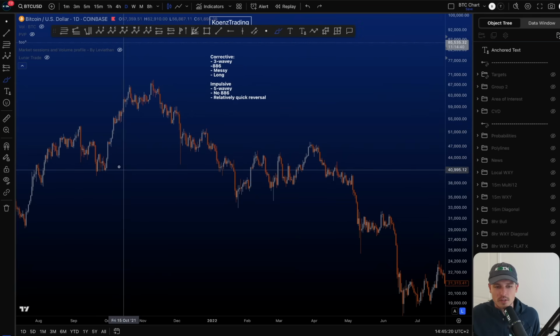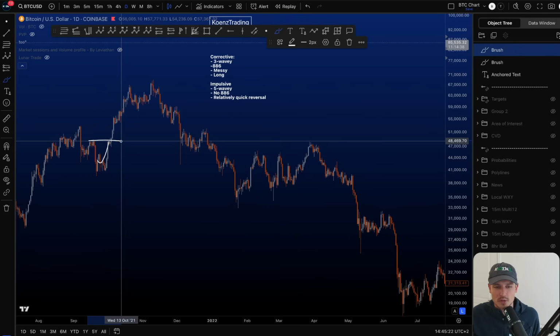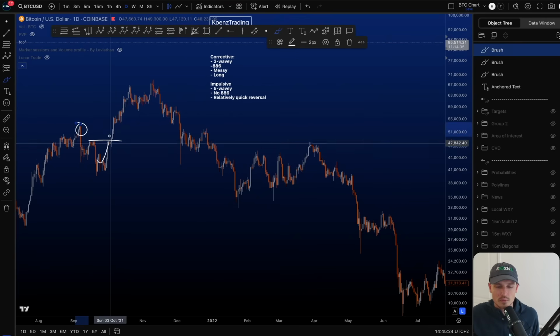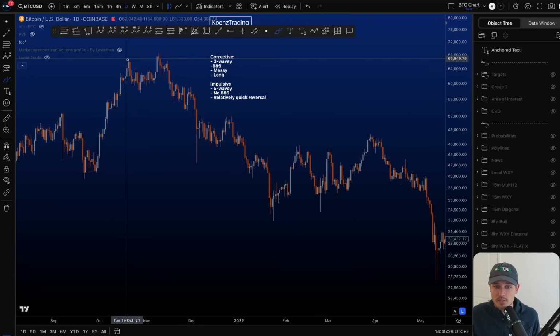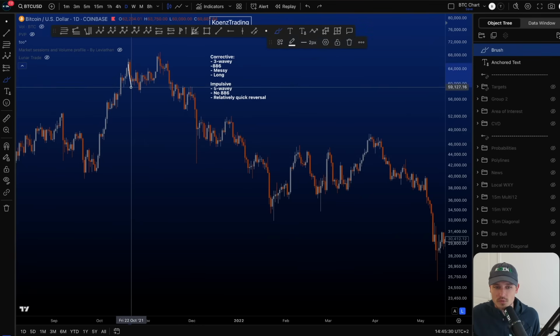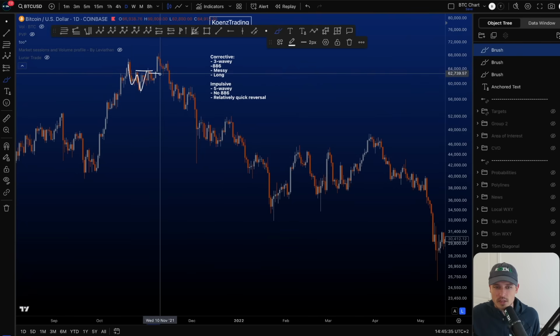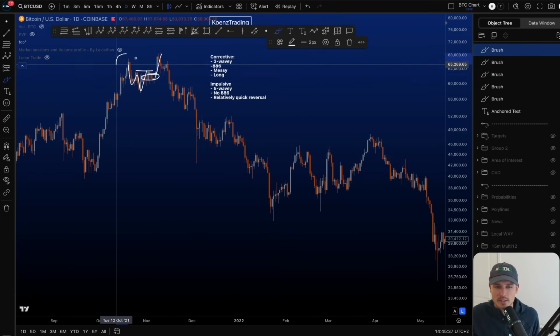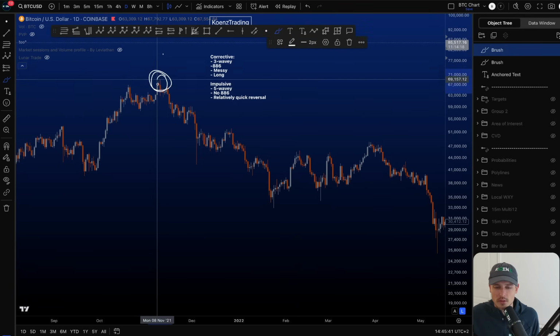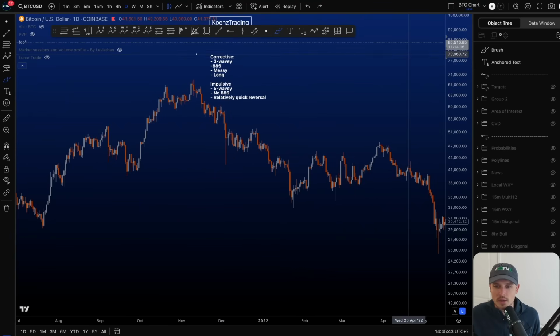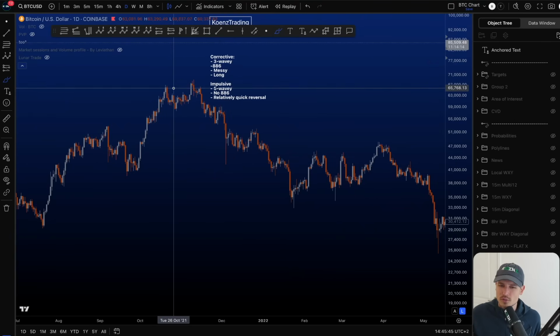This 3-wave structure is pretty much confirmed the moment price over here takes out this high, then you look for price to take out that high, and we continued. And even close to the all-time high, we had this 3-wave structure, move down, move up, move down. Price then moves back up, takes the range, is a little bit longer, and then we take out the high. Do you know that this is going to be the little, at least, bull market top? No, you don't. But at least you knew that the probabilities were higher to take out that high, and